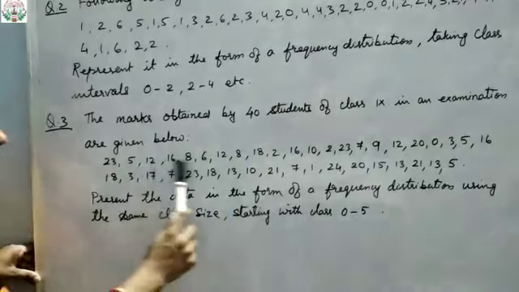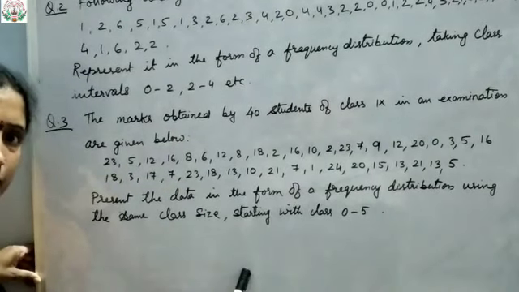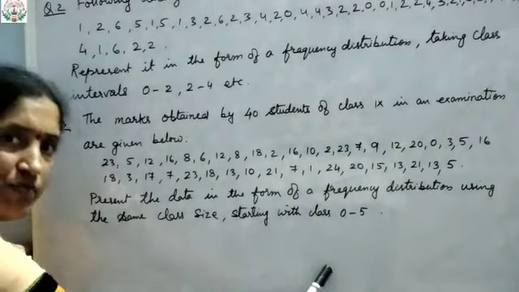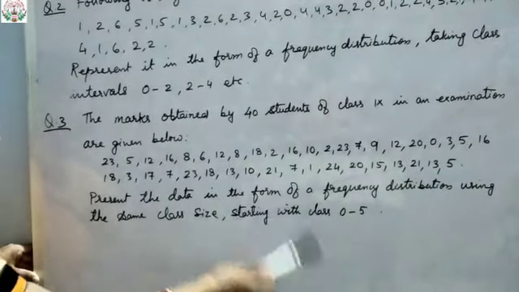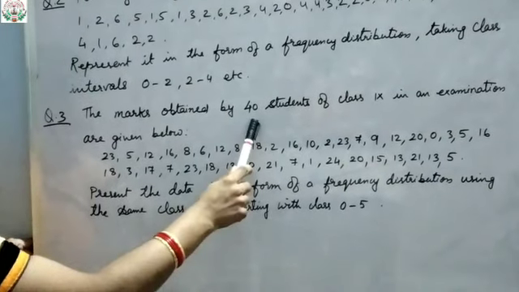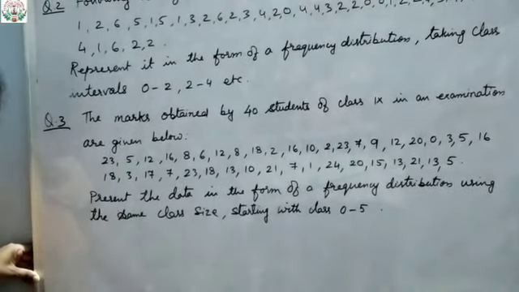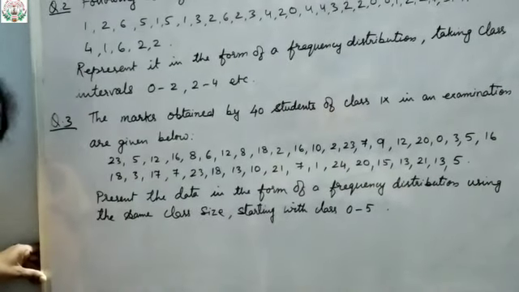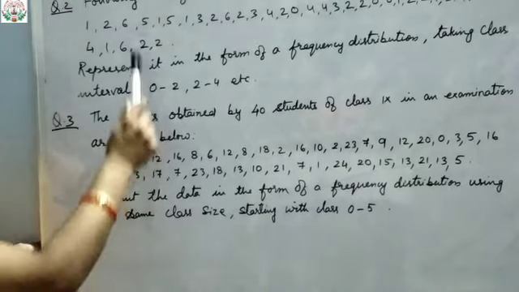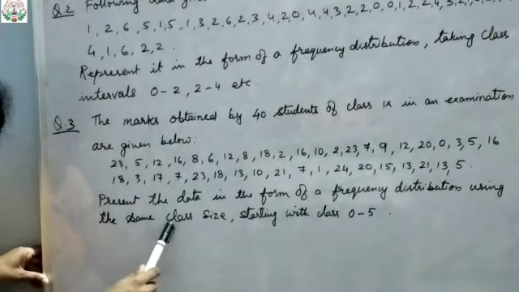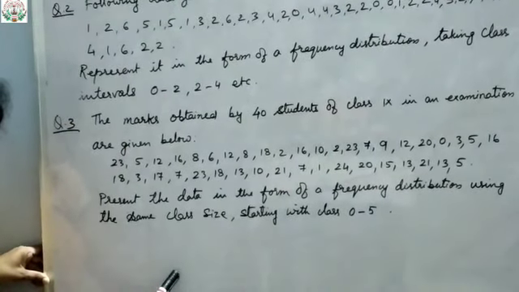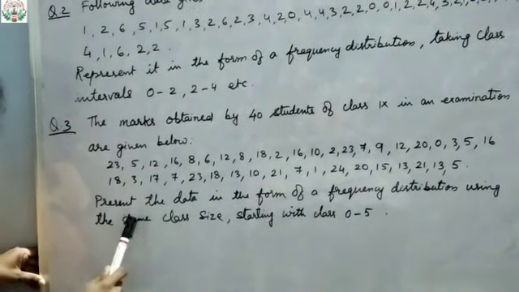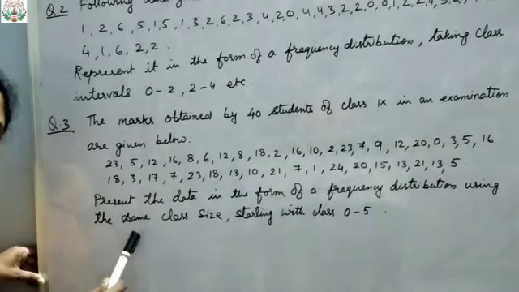And then tally marks: see the numbers and make the tally marks. Based on the tally marks, you have to write the frequency. And that frequency, after totaling, you must get 40. If you are not getting 40, that means your frequency distribution table is wrong. So prepare these 3 questions as your homework in your mathematics copy. In the fair copy itself, do these questions as homework.